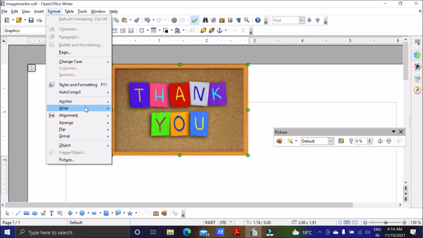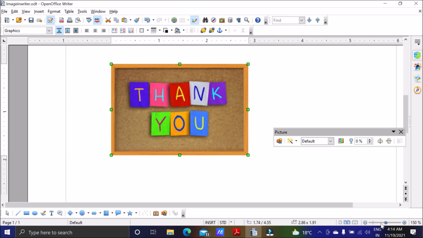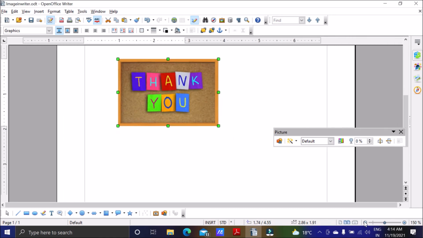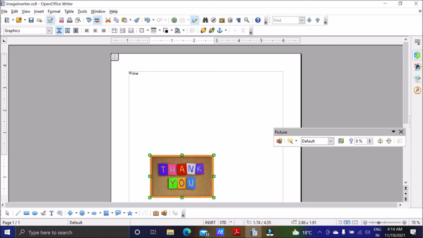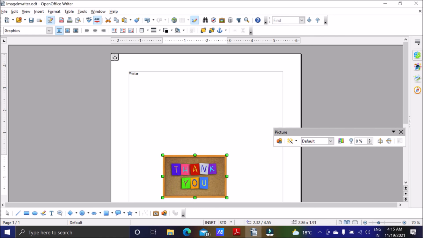Now with respect to page, I want the image to be at the center. So with respect to page, now you can see the image is at the center. Okay, so we are anchoring, means we are giving the reference for the image.